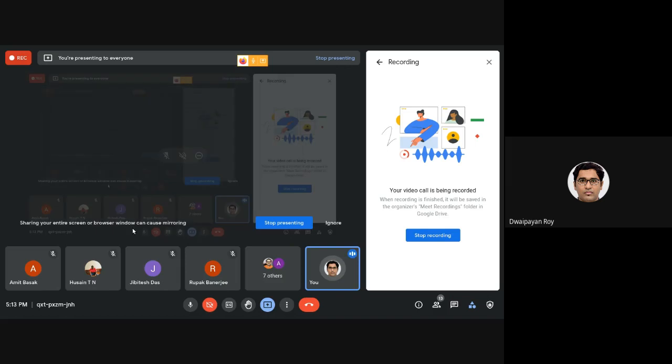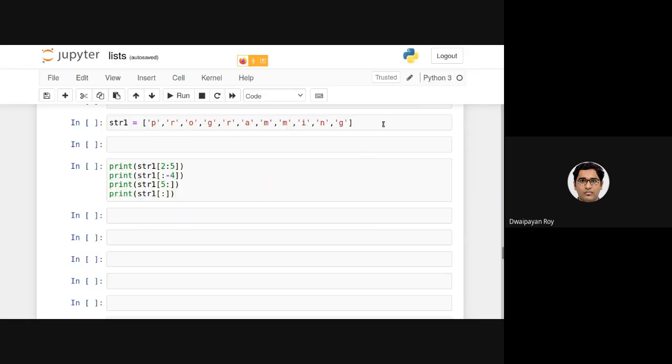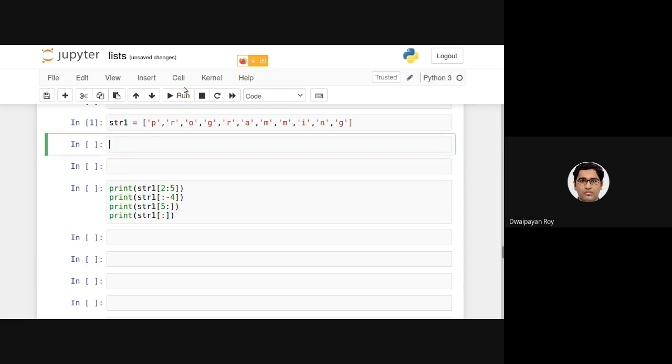Now let's look at those using some program. So this is the list. Note that this is not actually a string, but I have named it str1 just to give you the feeling that the naming is not actually important. But as I said, naming is important from the point of view of understanding the problem. So from that point, str1 is not actually a very good name.